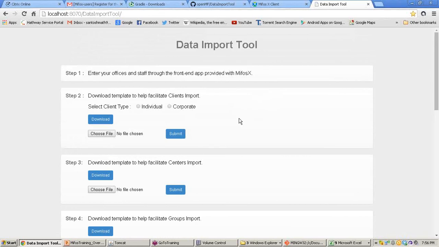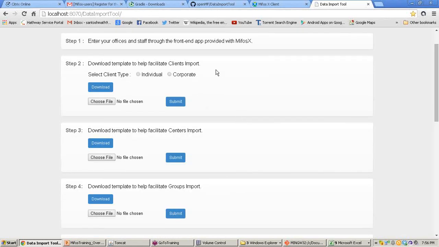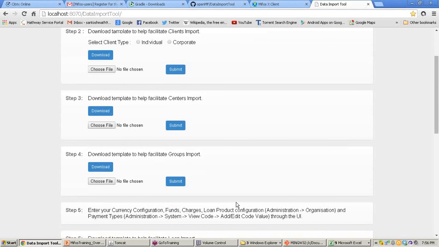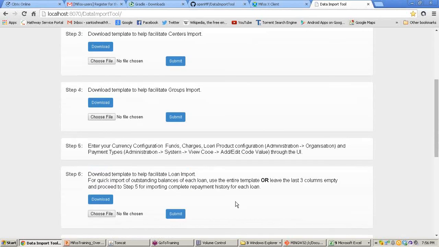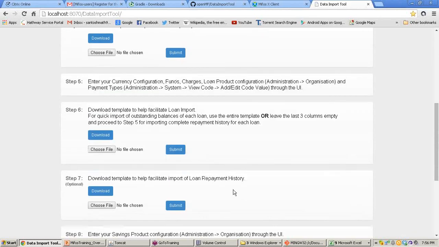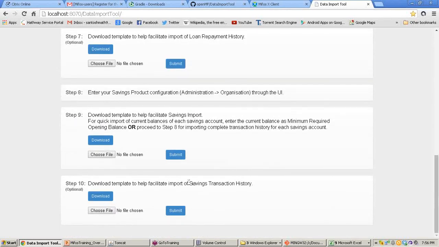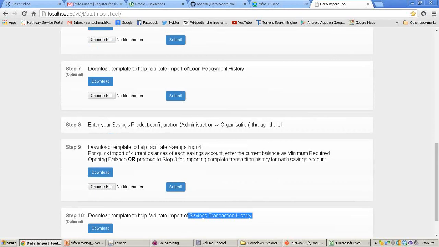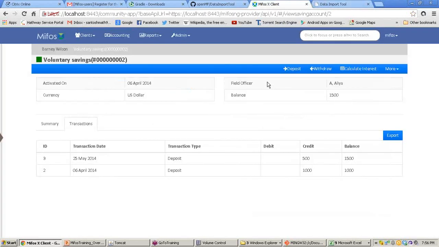In the data import tool usage, how to create clients, centers, groups, and next how to assign loans and savings accounts for the clients, and finally how to do savings transactions as well as loan repayments. Okay, that's it. Any questions yet?